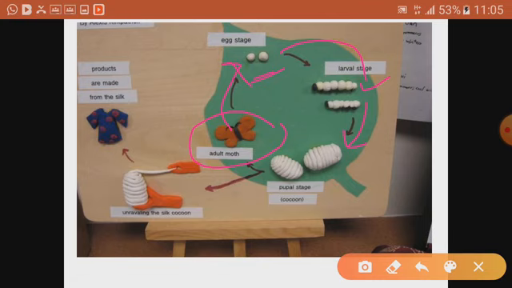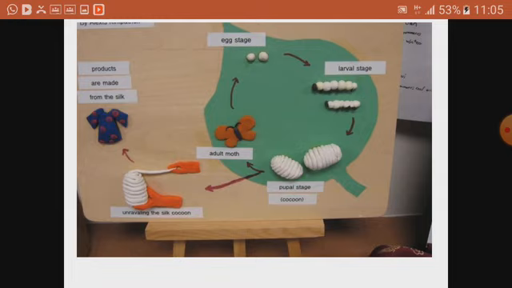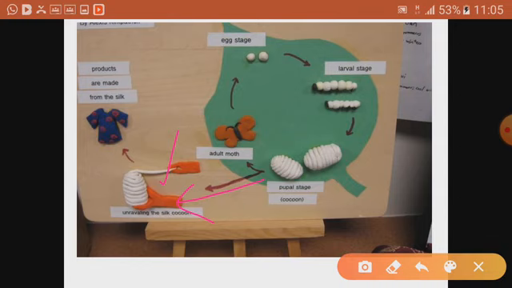Now two things can happen here, two stages. Some of the cocoons are kept apart so that they can be developed into the adult moth. From this cocoon, adult moth breaks off when it matures and comes out. And one more thing can be done. Most of the cocoons are used for taking out the fiber. You can see here, this is stage 1. Few of the cocoons they keep for sericulture so that the adult moth can come out of the cocoon and they can be used for laying the eggs and so on.